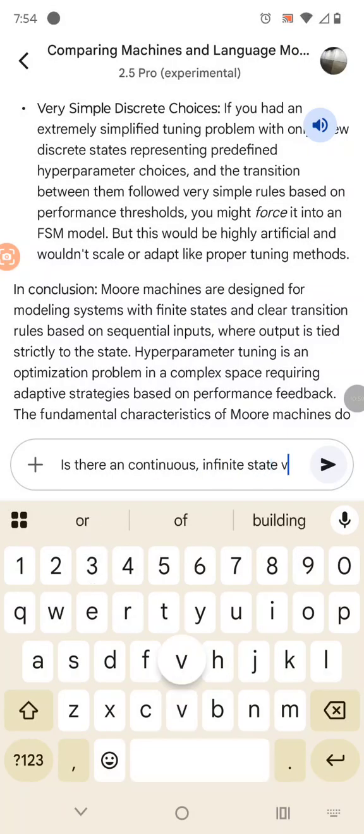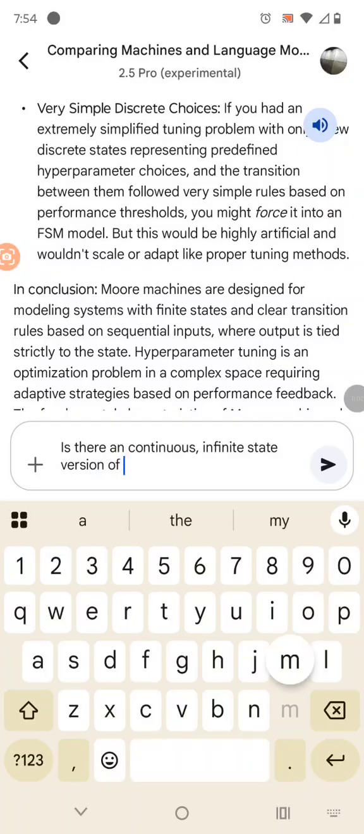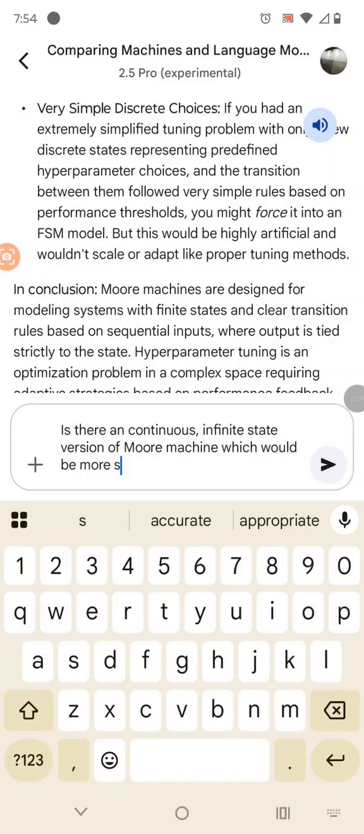state version of Moore machine, which would be more suitable